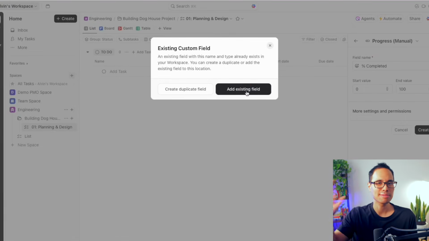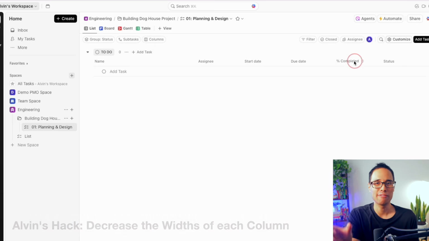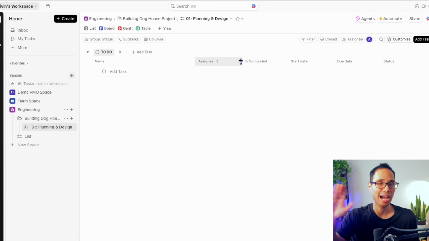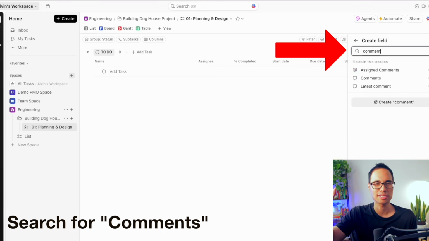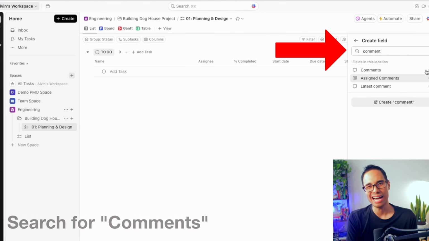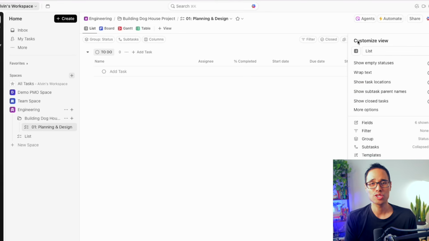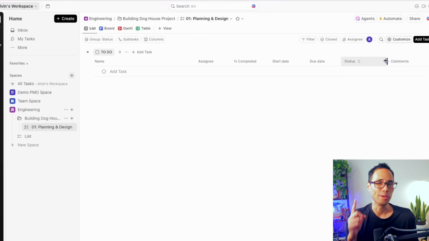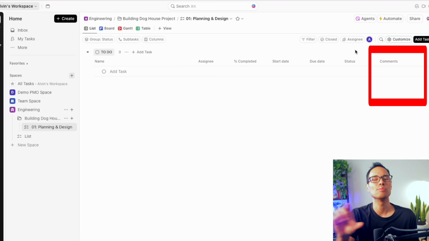By the way, when I'm setting up my lists, I like to format the widths of each column so that they all fit inside. A quick, neat hack that I highly recommend. And the very last column that we'll add is for comments. I personally like this one because when someone adds their latest updates to a task in the comments, you can pull it up immediately, so you'll always have the latest updates with the click of one button. And let me tell you from personal experience, when a director wants to know what the latest update is, this column will save you in so many instances as long as someone on the team inputs a comment for what